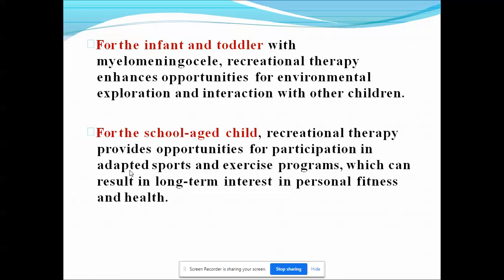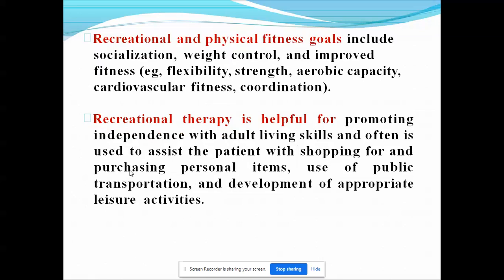So if we are going to see this kind of child, if they are having severe deformity, we can send them to special schools. Like you were going for posting in the special school, right? So different kinds of children were coming with different kinds of disability. So we can send them to special school and special training can be given to them.